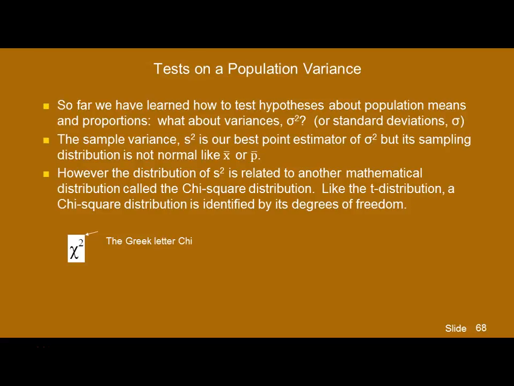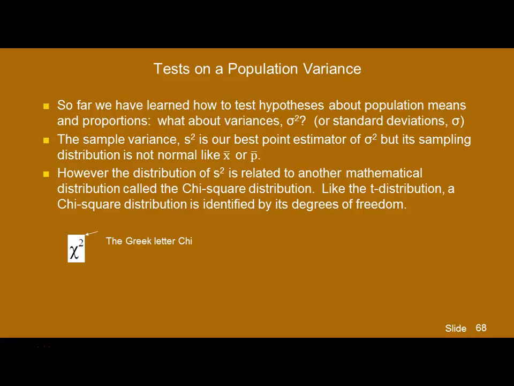So far we've learned about testing hypotheses about means and proportions, but we haven't had much to say about variances. There will be situations where we want to test a hypothesis about a population variance, sigma squared, or we could also do a test on a standard deviation sigma, since it's just the square root of sigma squared. As always, we need our best point estimator, and the sample variance S squared is our best point estimator of